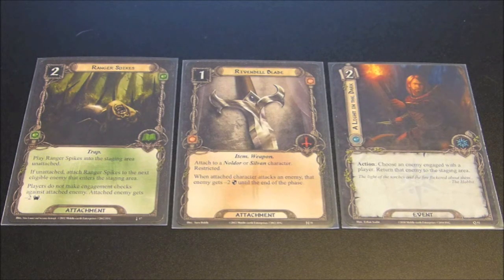The third card, which you can do if you are playing Spirit, is A Light in the Dark. This has a cost of 2 and reads, choose an enemy engaged with a player, return that enemy to the staging area. So if you are engaged with a Hill Troll and you have to engage the Marshland Outlaws, you could play A Light in the Dark, bounce the Marshland Outlaws back to the staging area, and then continue to